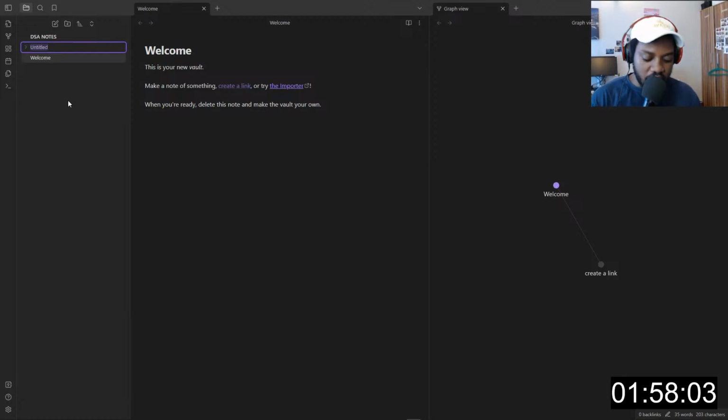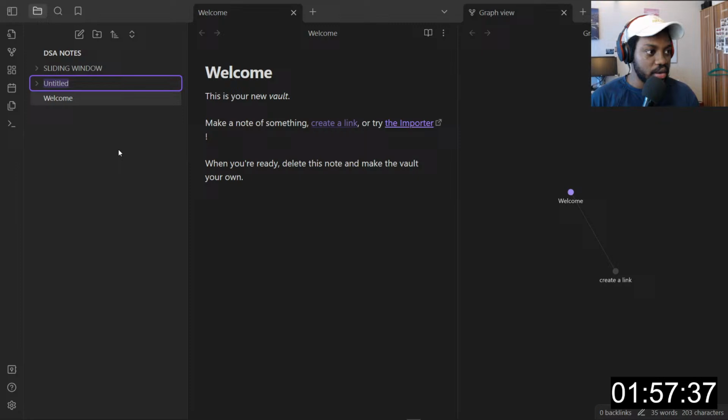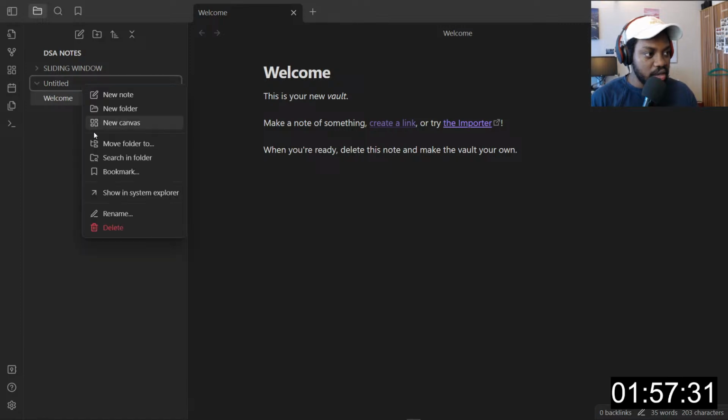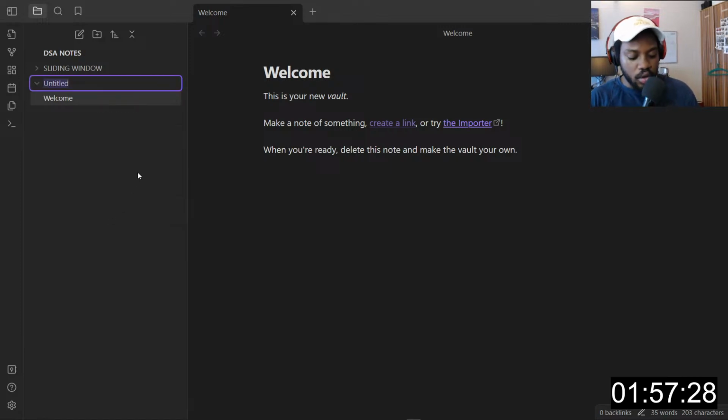So this will be a sliding window. I can switch from any type of algorithm, so I'll do sliding window from now. Sliding window like this, and I'll create another folder for... I'm not sure if you can see this, but let me increase my window. Okay, yes. So this will be a sliding window, and this here will be two pointers, like this.